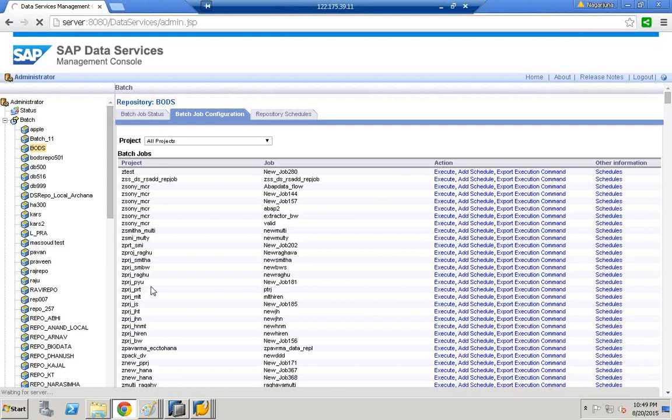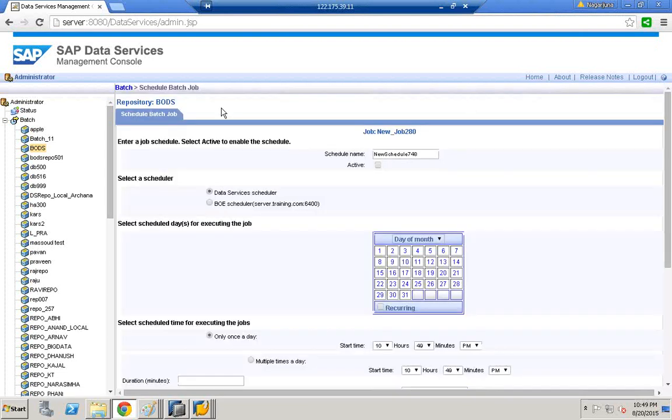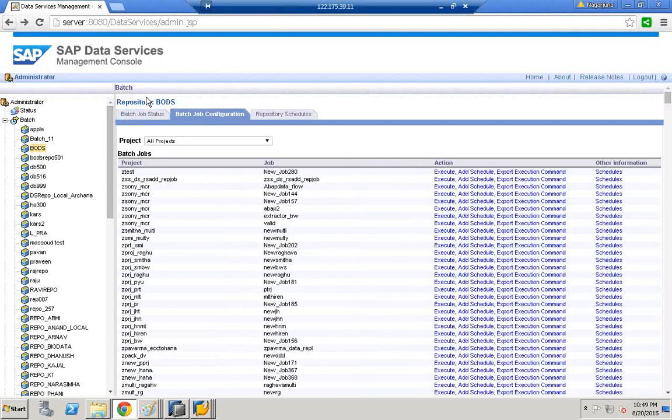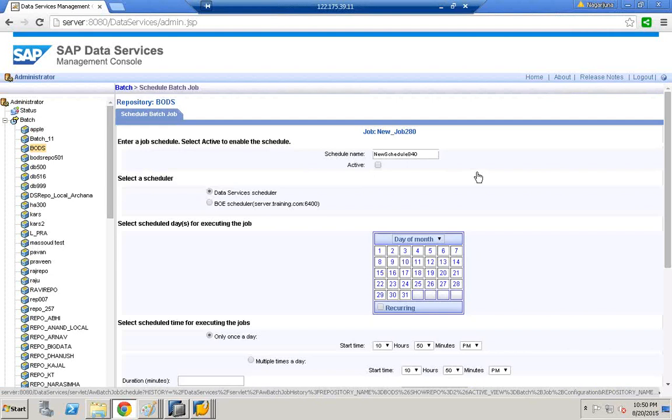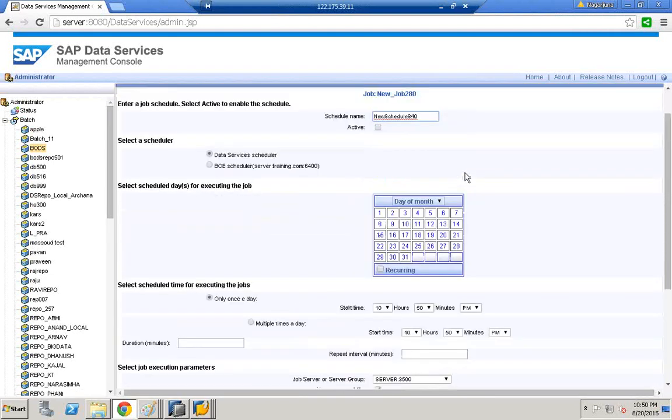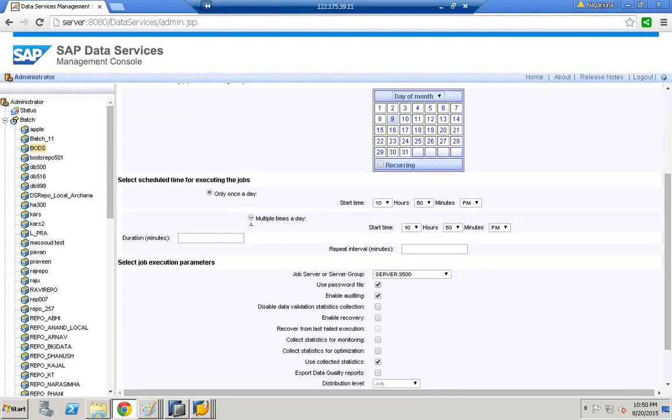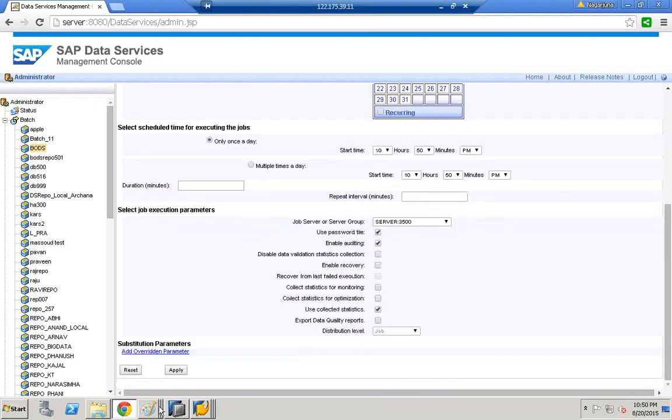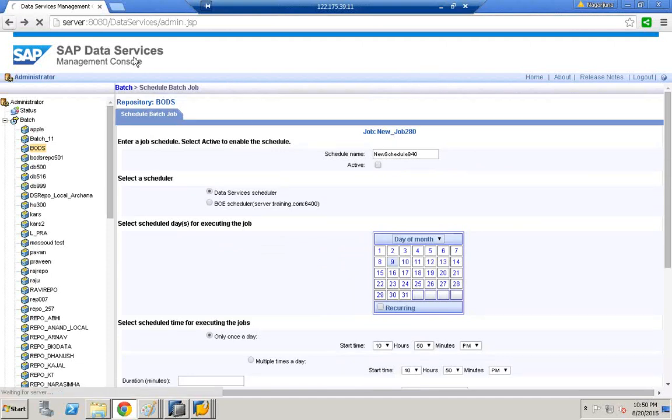I think it got muted. So basically you can click back. Once you click on the repository, click on batch job configuration. So there are all the jobs. Click on add schedule. Once you click on add schedule, you can give the name of the schedule and select what date you want to schedule this job. Do you want once a day or multiple times a day? Then click apply. Once you click apply, the job is scheduled, and then according to the schedule time,